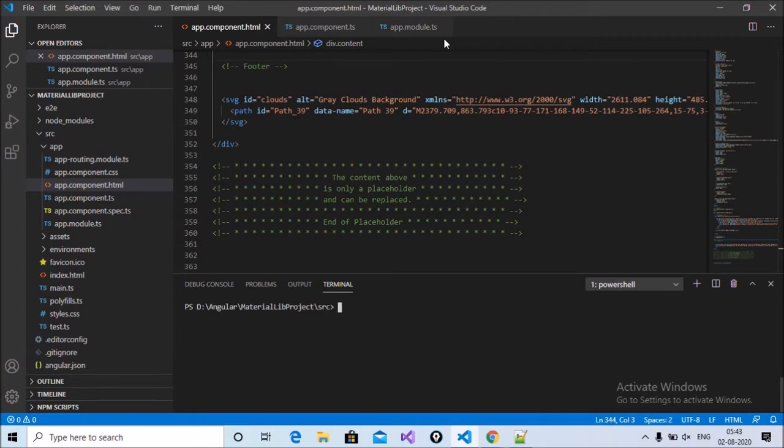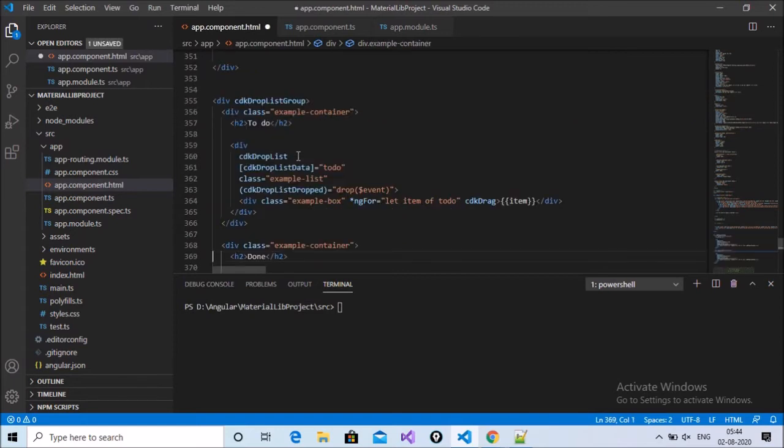Basically, this HTML page is used for showing the drag and drop functionality, and I paste the drag and drop HTML here.